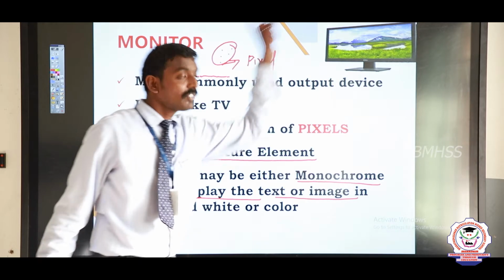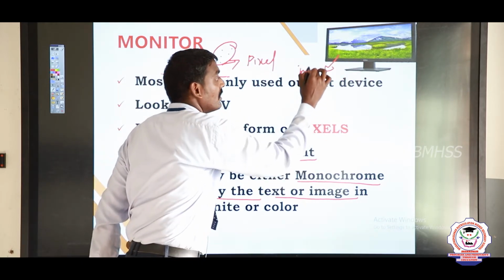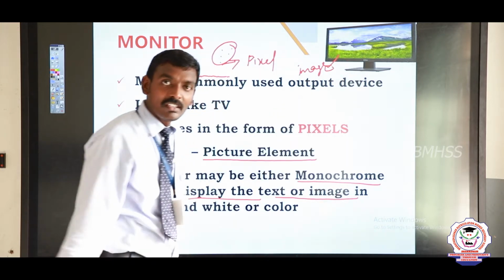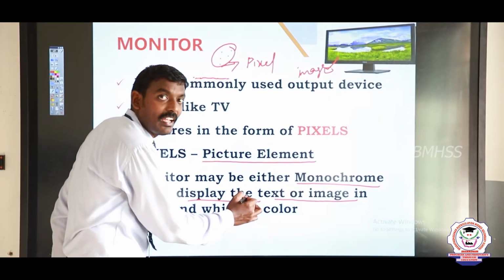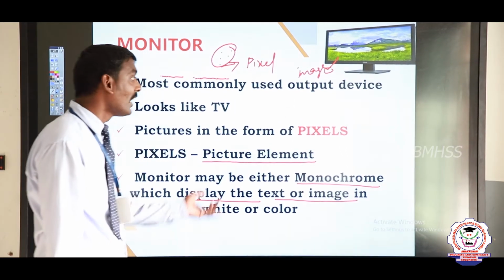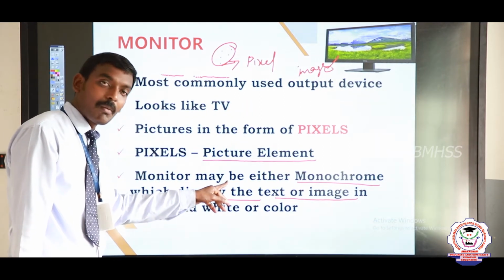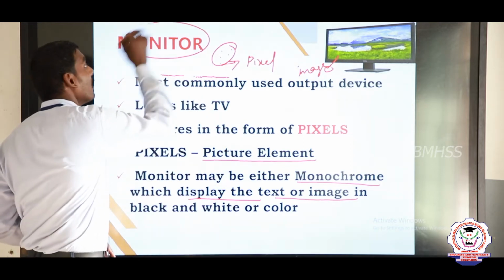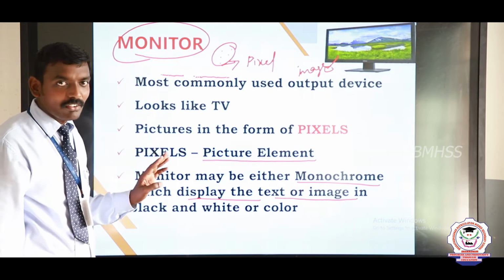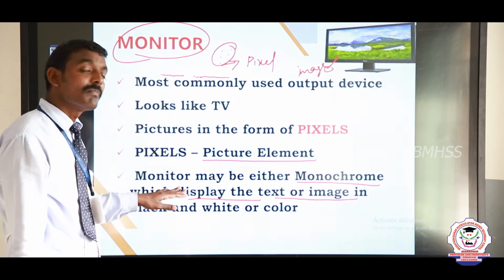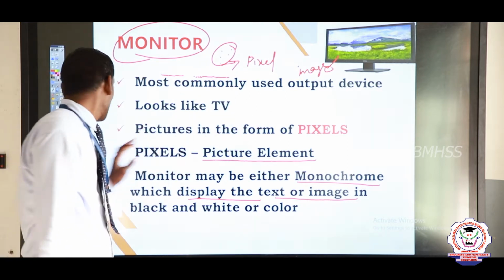Here, this screen displays an image, and this is some content typed as text. It has different colors. The background color is white, the text color is black, and some headings are in red. We have displayed content in different colors. Are you clear, students? This is the monitor, and next we are going to see the different types of monitors.